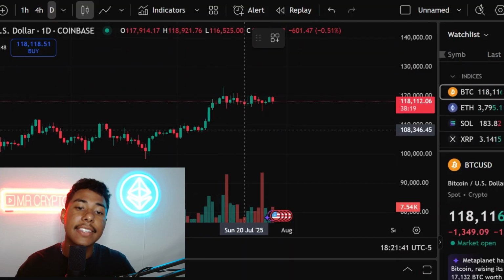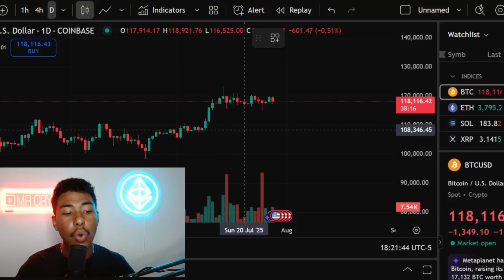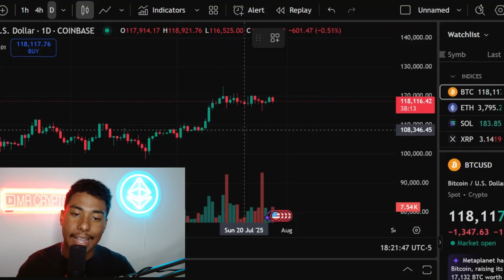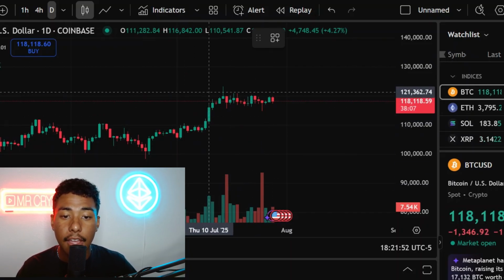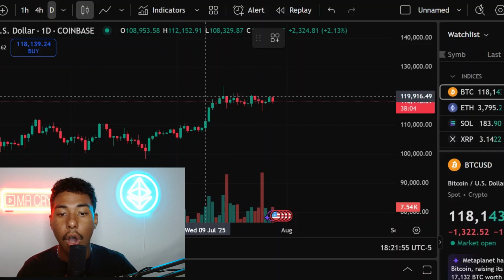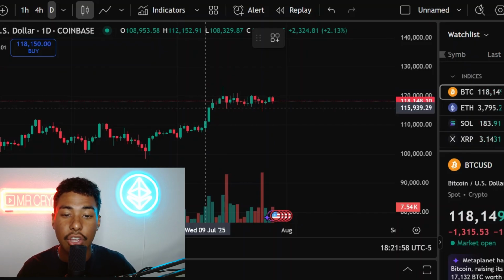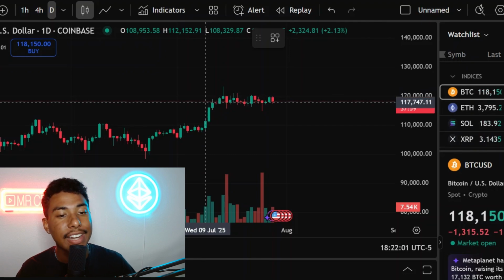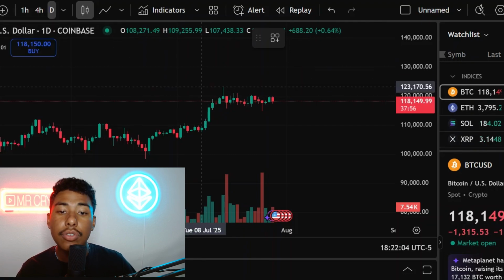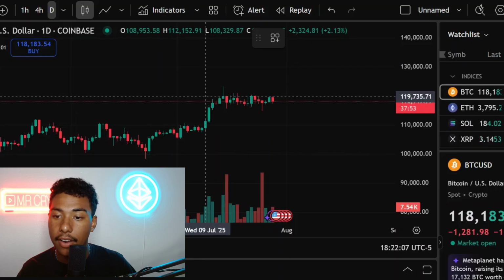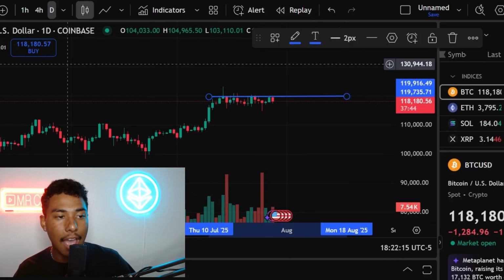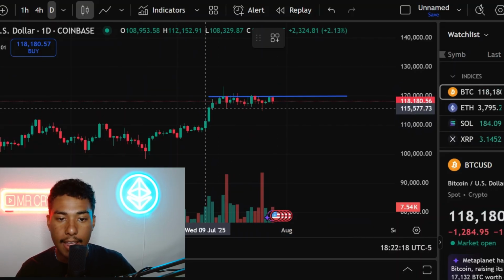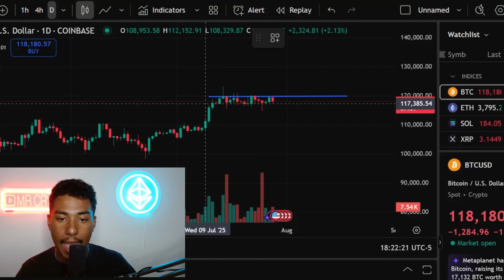What I mean by that is where does Bitcoin like to go down and stop or go up and stop? Well, you may notice right here in the most recent history that we have, it likes to stop right here at about $119,000, and it likes to go down to right here at $117,000. So what you do is you draw a trend line right here, $119,000. All you have to do is click and then drag it over. I like to make it even so you can tell where exactly you drew that line. And then I put another one on the bottom at